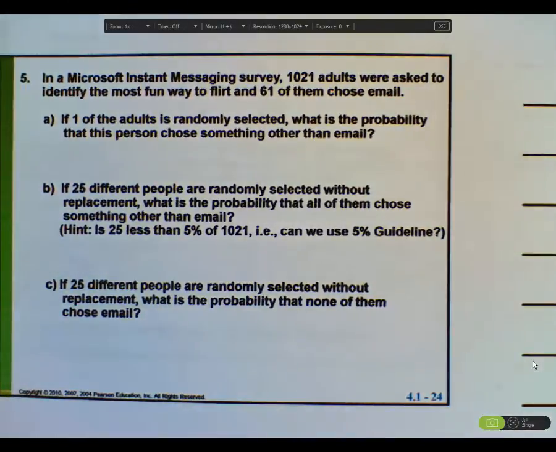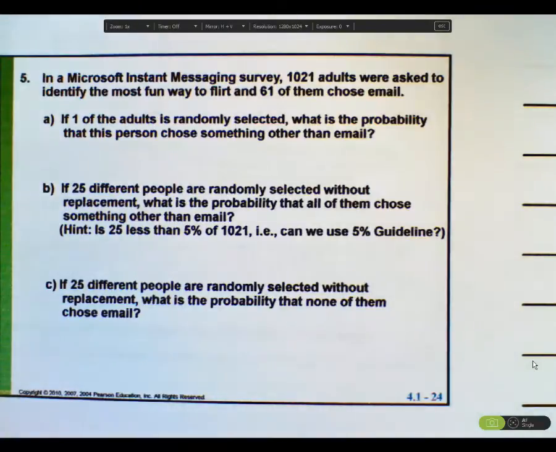Okay, let's finish up our 4.4 and 4.5 examples. I think the last one we did was example 4, and so here's example 5. In a Microsoft Instant Messaging survey, 1,021 adults were asked to identify the most fun way to flirt, and 61 of them chose email. The A part asks what's the probability that one randomly drawn person chose something other than